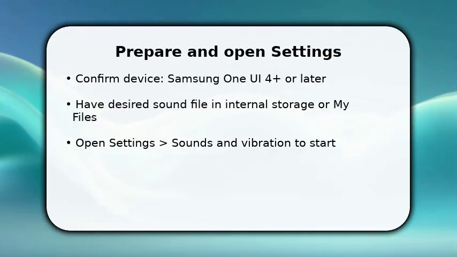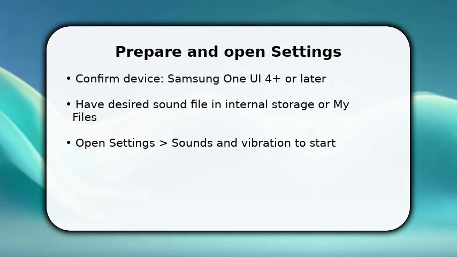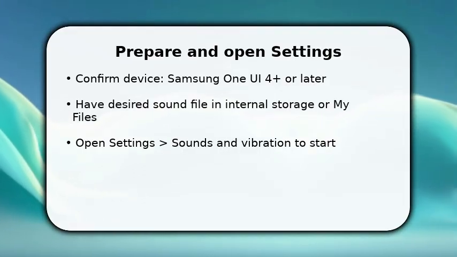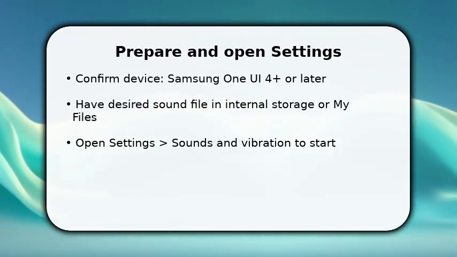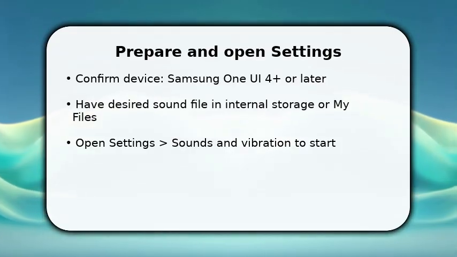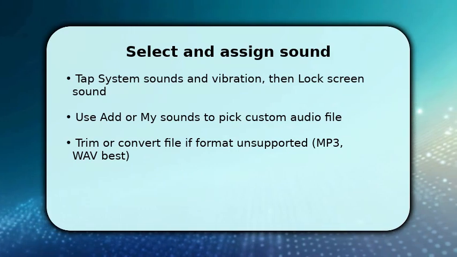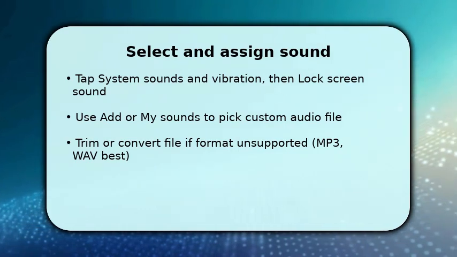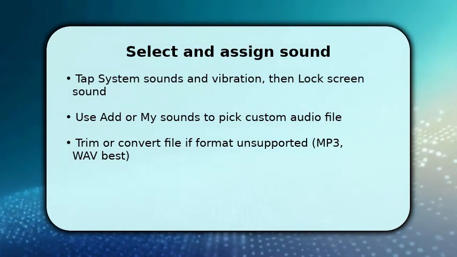Now open Settings, tap Sounds and Vibration, then scroll to System Sounds. This gets you to lock/unlock options. You're starting the exact path to change the sound, not just browsing menus. Follow these taps next. Now tap System Sounds and Vibration, then choose Lock Screen Sound or Screen Lock/Unlock depending on